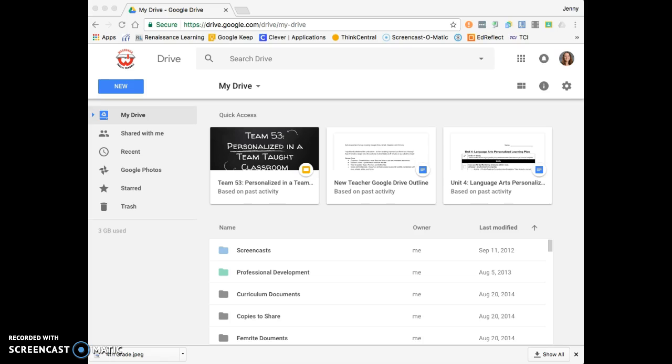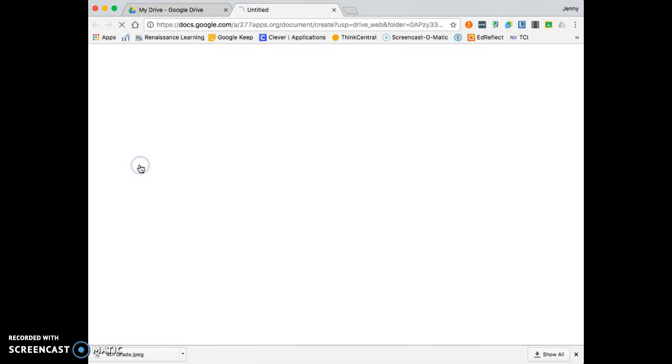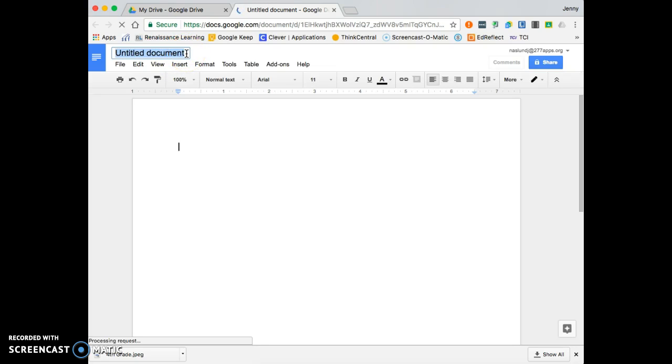In your Drive account, to create a new Google document, you'll click on New, and then you'll choose Google Docs, and you'll get a new Google document. First thing you want to do with any of the things that we create in Google Drive is to make sure you give it a name. So I'm going to name this a 4th grade introduction, and